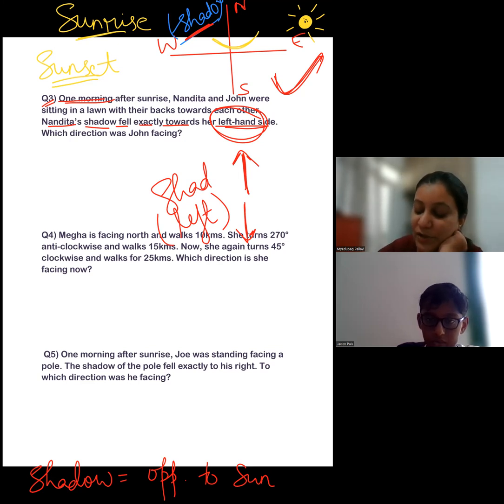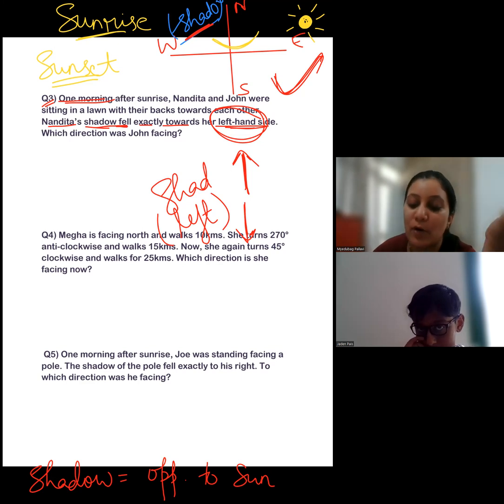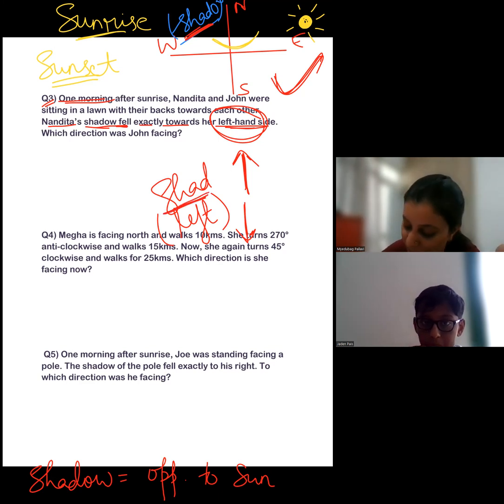See, again in the question it is said that Nandita's shadow fell exactly towards her left hand side. Okay, Nandita's shadow is towards her left. And we know that it is the time of sunrise. It is the morning time. In the morning time, shadow will be in the west direction. Okay, that means shadow is in this direction. This is the shadow. So you have to tell me whether Nandita is facing north or south,